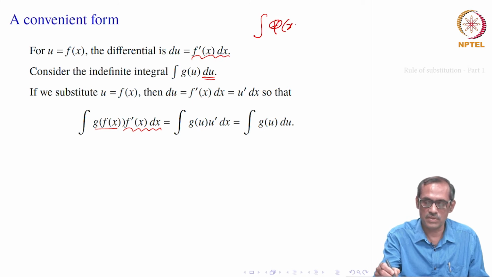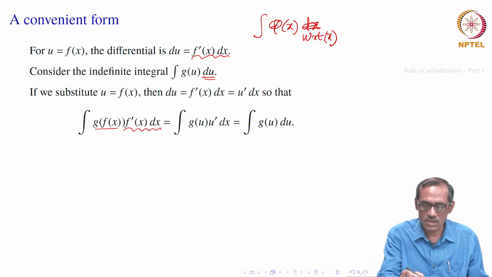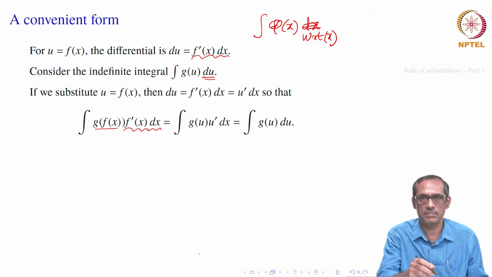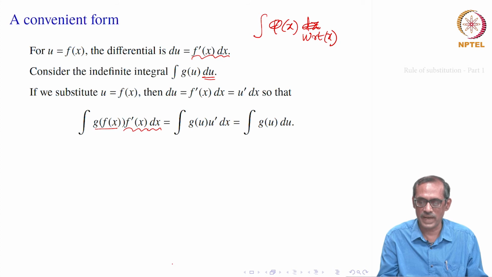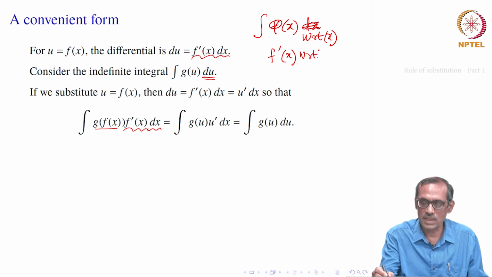of phi of x dx, that is our notation, but it means integrate phi of x with respect to x. So, instead of dx, suppose we had written with respect to x, we would have given this notation in the beginning. Then this does not seem to be very obvious, it requires a proof. But after proving it, we find that if you consider the differential, it looks something like f prime x with respect to x will be equal to with respect to u.